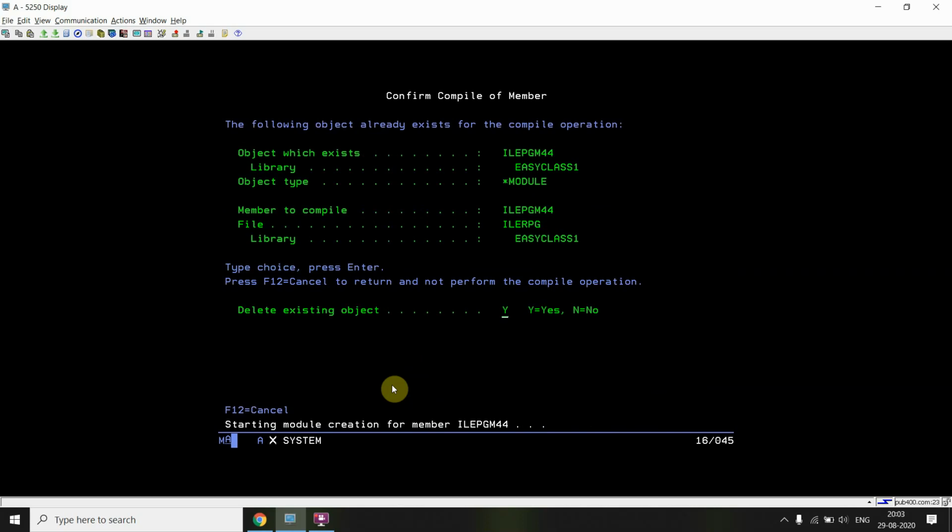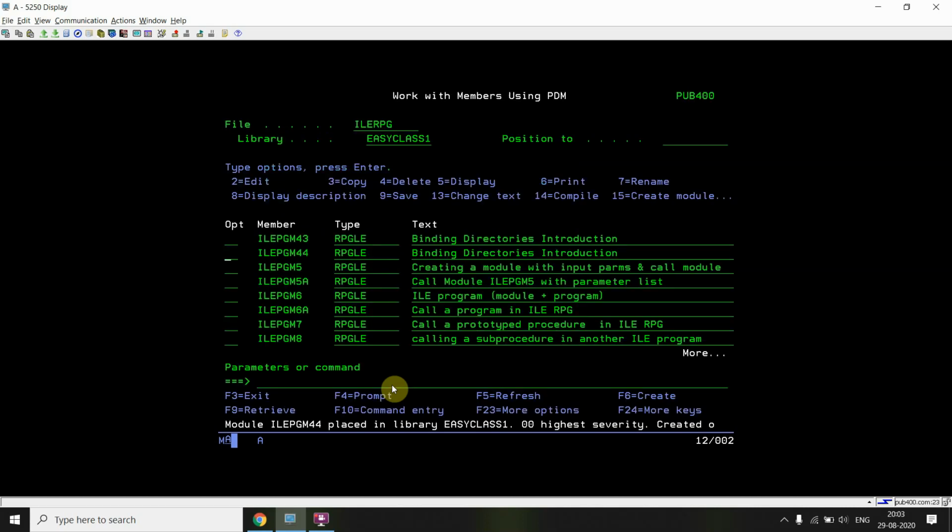The ILE PGM 44 module is getting created. It's taking time. Let's wait. So it is created. Now when creating a program, this time we will not be using this binding service program option.